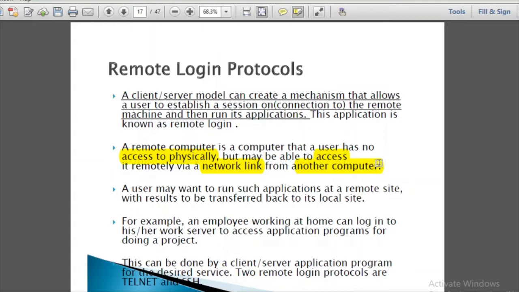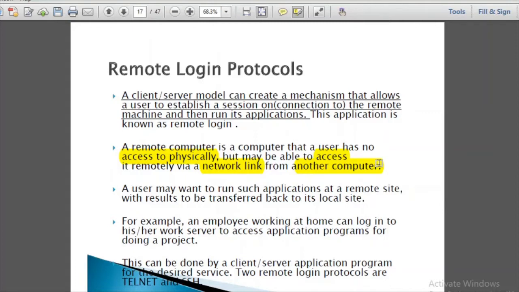For example, if I am sitting at my home and I want to access my computer which is in my PG or where I study, I cannot go directly to that place. Say the place is in Mumbai, so I can't go to Mumbai right now.